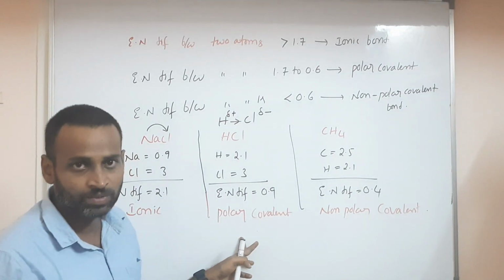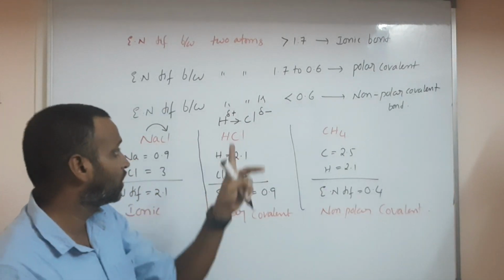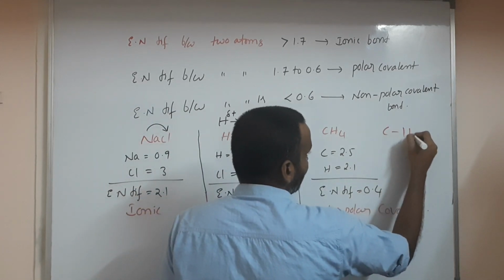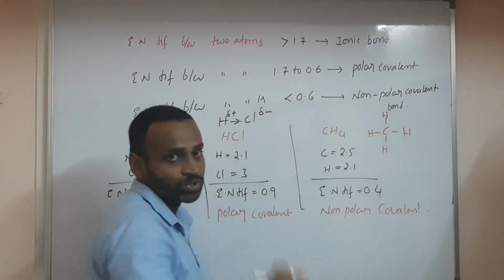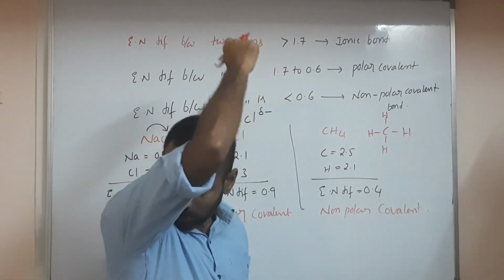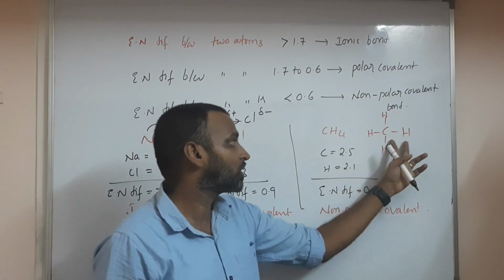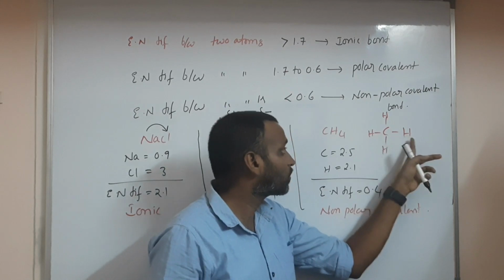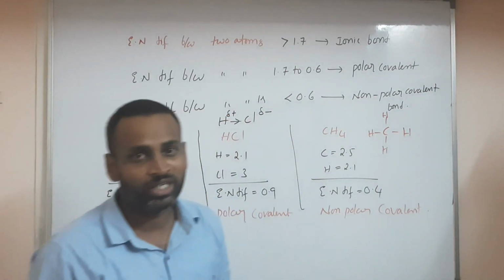Polar means charges. Two poles, dipoles. Di means two. One is a positive pole and one is a negative pole. But here carbon and hydrogen have four bonds like this, and all four are almost equally shared, because the electronegativity difference is less, 0.4. Very important, so there is no charge separation here. Carbon and hydrogen share each bond equally.